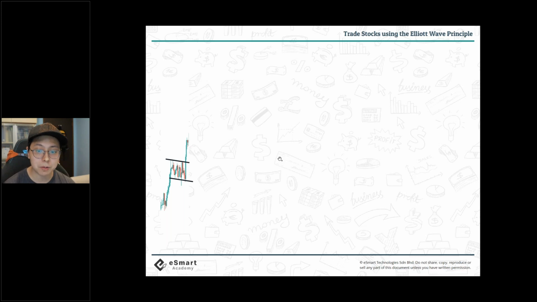Again, don't get too overconfident. This is just based on probability. Most of the time, it does happen like that. So from here, you get a very good impulse push to the upside, right? This is an impulse move. So at the end of an impulse, which in this case, this is exactly what you see right now